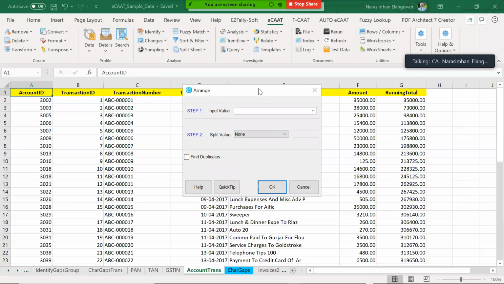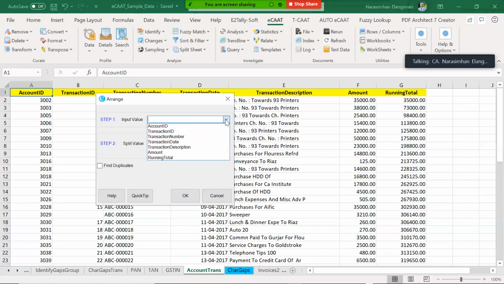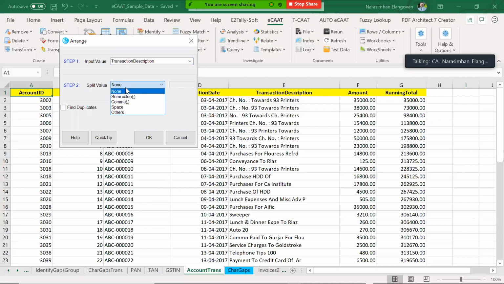Which is that I want to arrange? I want to arrange the transaction description. And I want to tell it there could be various split values. It could be semicolon. I'm choosing here space, for example. Okay. And I say, boss, find the duplicates. Let's see what happens.